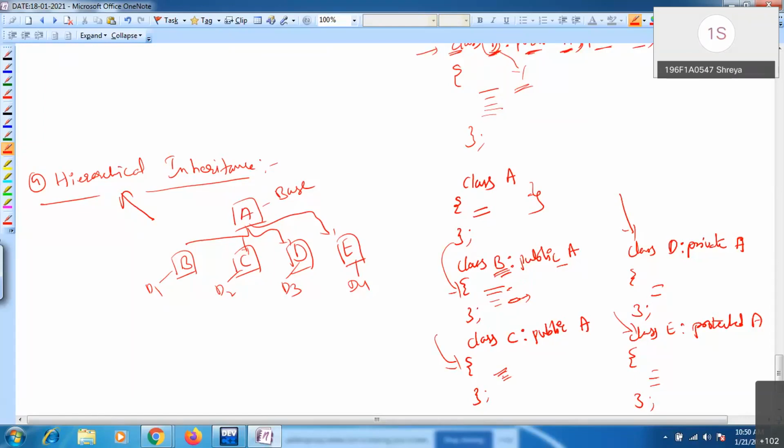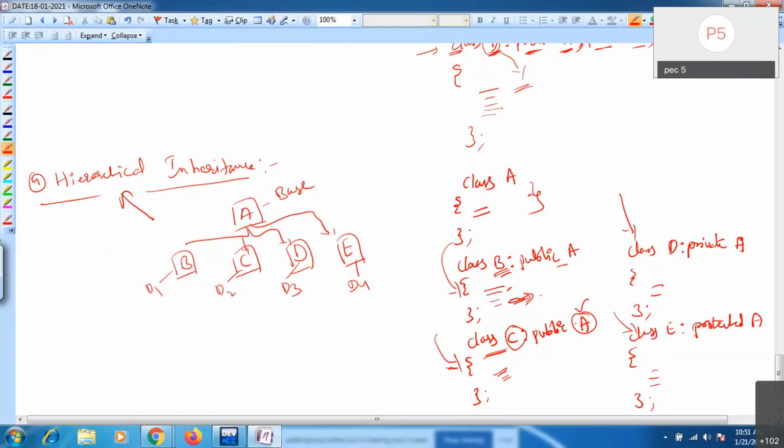Yes, sir. Any other answer? No, we cannot access, because we are not deriving from B. Only from A you are deriving. This B class may have its own members. These members are not accessible inside C. If you observe here, I'm just deriving C from A, not from B. Then how can you access B class members?